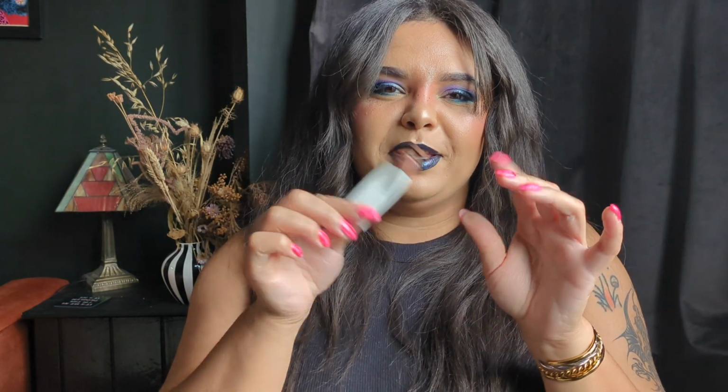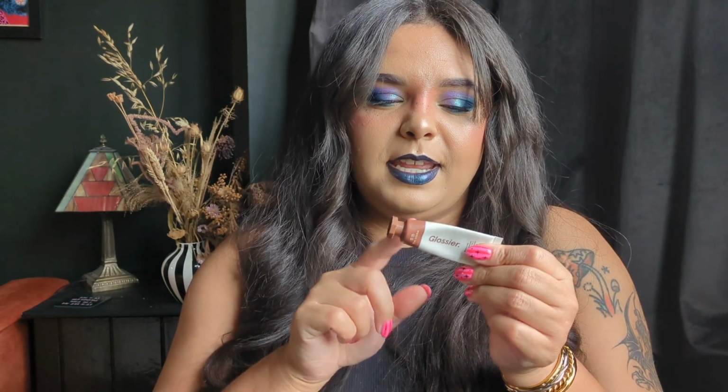We are rolling out, and it feels weird even talking about this, because this just had one usage left on it to be rolled out. So I used it once and then I haven't used it all month, so it feels weird to even be talking about this. So this is the Glossier Cloud Paint in the shade Coast, and I was just using this